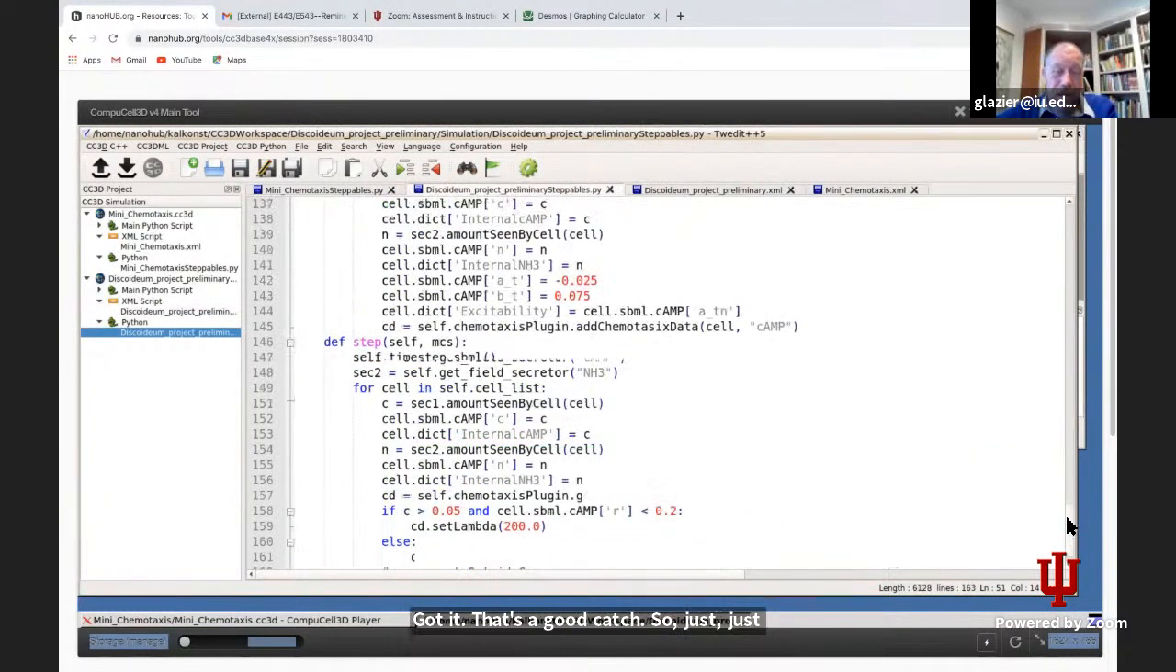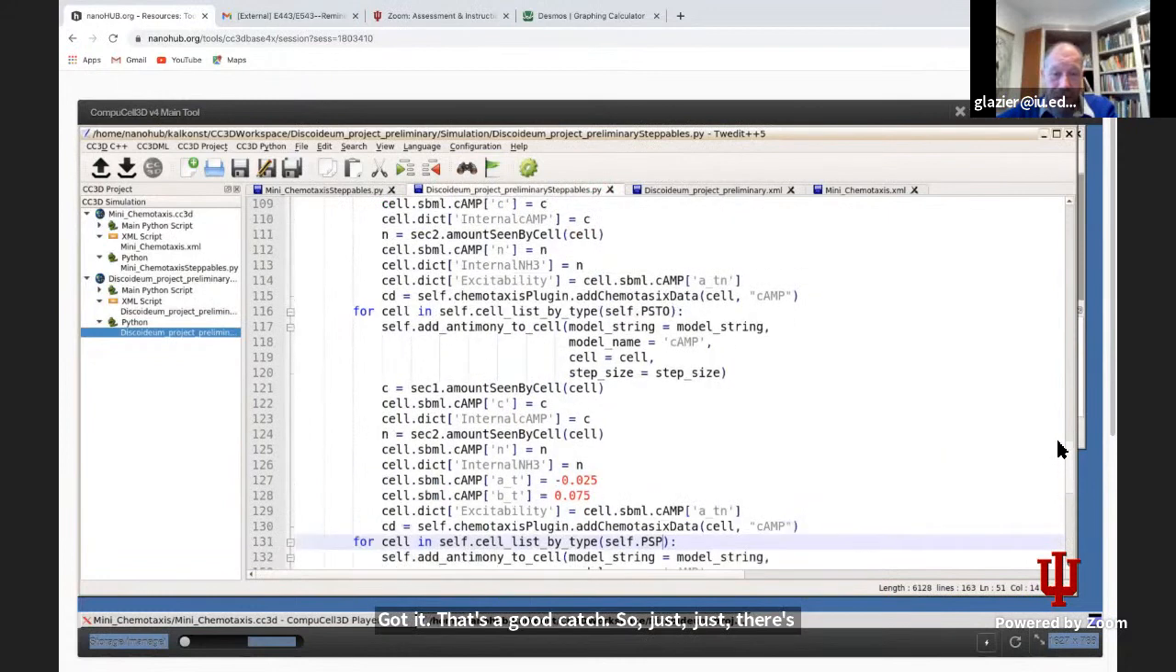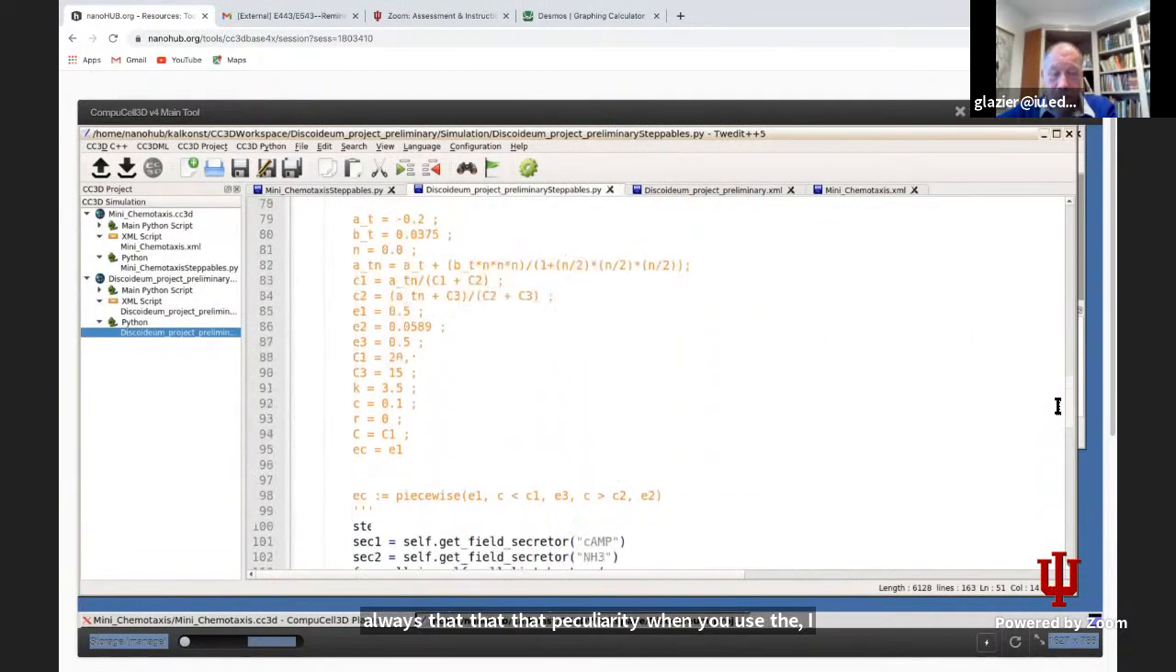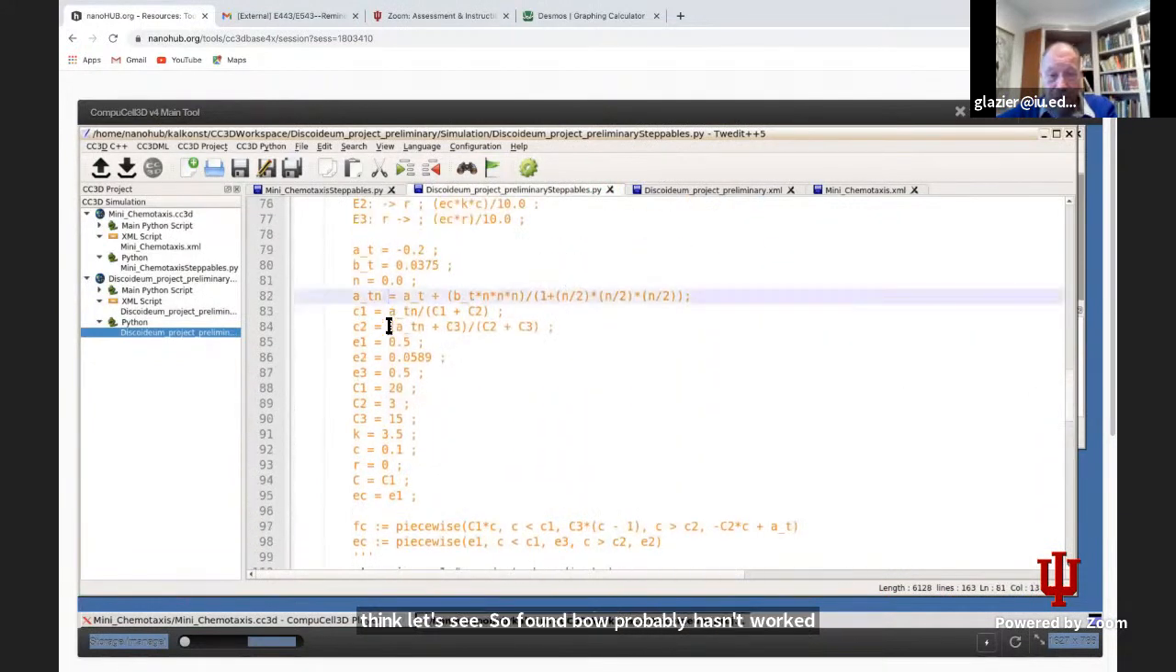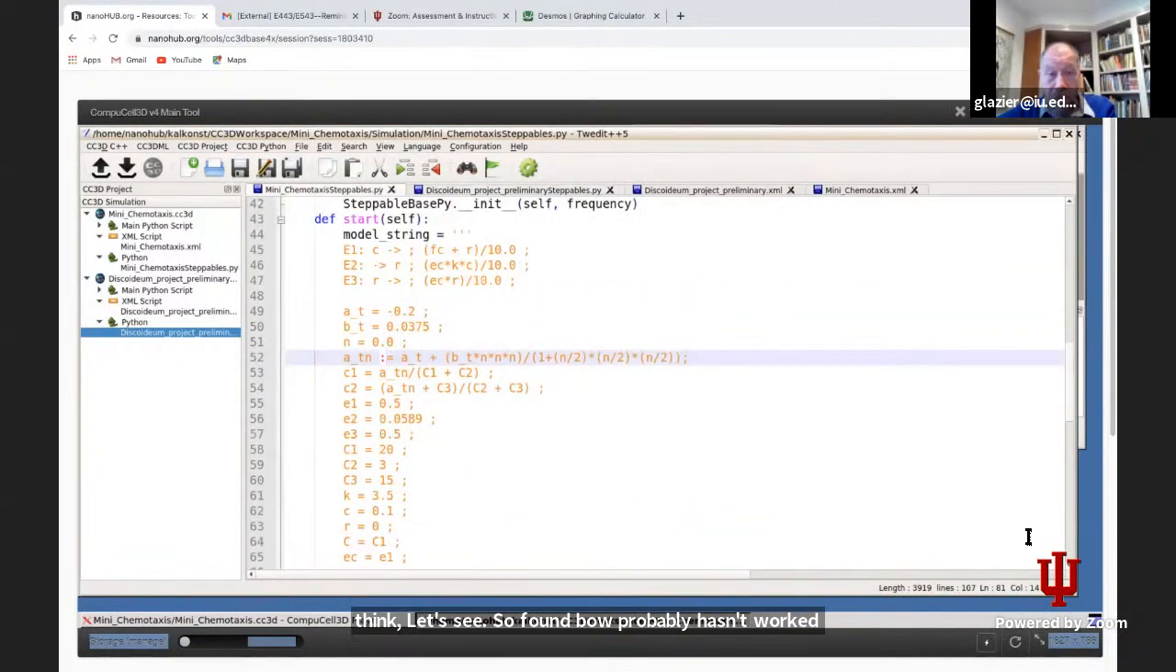There's always that peculiarity when you use the... I think, let's see. So Fanbo probably hasn't worked with antimony, and Drew, I guess, hasn't either. I don't know what's been happening, Drew's been logging in and disappearing, so I hope the network's all right. But in any case,